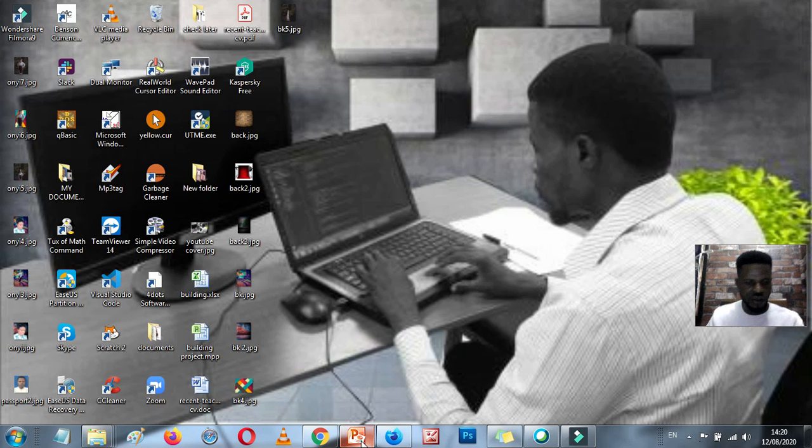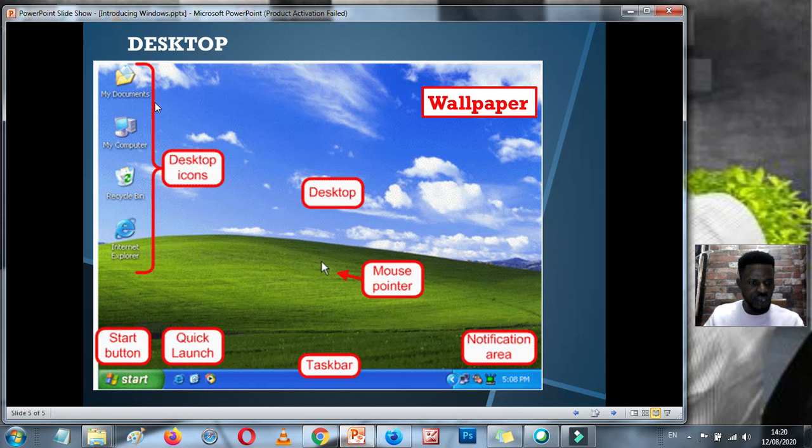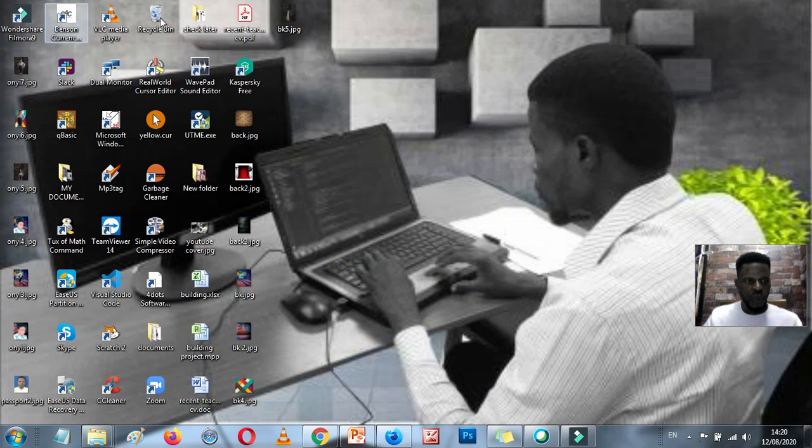Icons. Now let's go back to my presentation. Over here I can see 4 icons on this desktop. Now for my Windows 7 we have so many icons. They are actually small pictures found